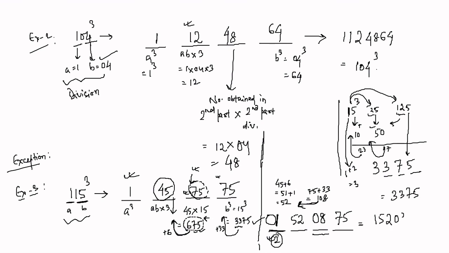It's 1520875. That is your 115 का cube. So I think 115 का cube we obtained 1520875. So that's all as far as the cubing of 3-digit numbers is considered. I think बाकी का मैंने already explain कर दिया, you just need to practice it through.